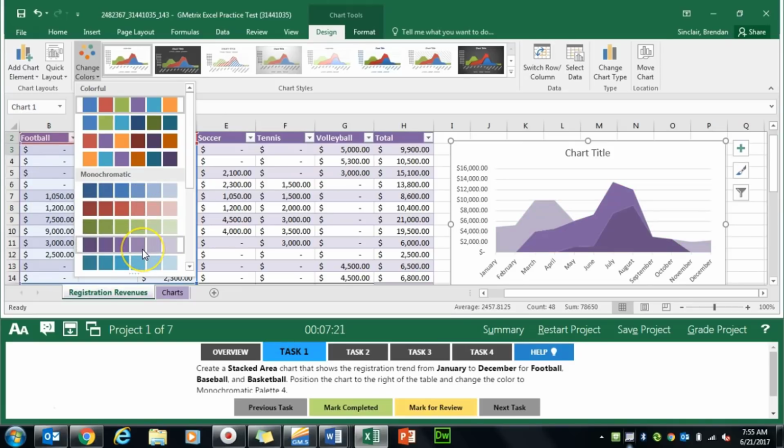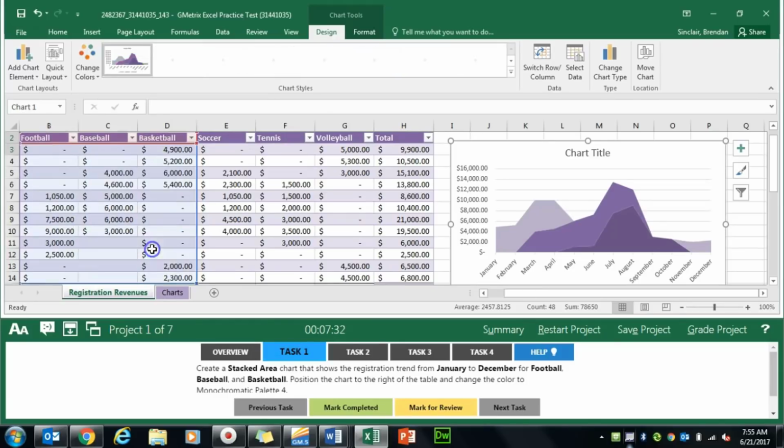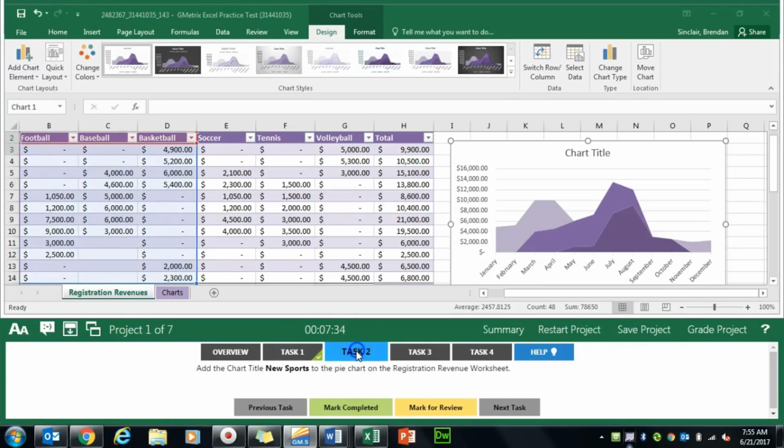But I will tell you that what you want to do is select the fourth option down here. If you have this problem, select the fourth option. It will mark it correct, but you definitely want to look for what they tell you if not. Click Mark Completed. Task 2 asks us to go ahead and add the chart title New Sports to the pie